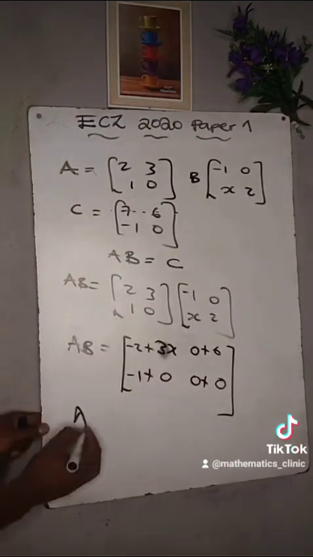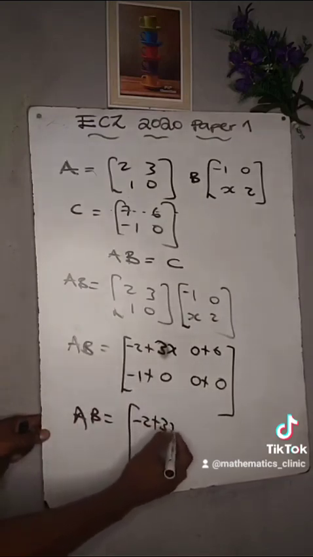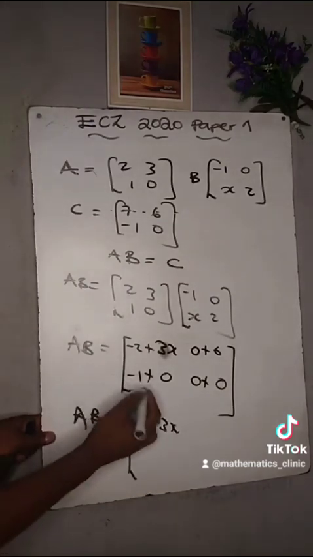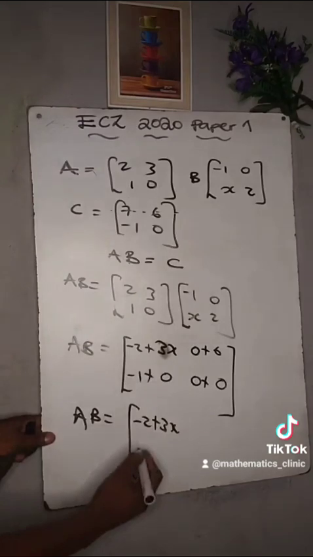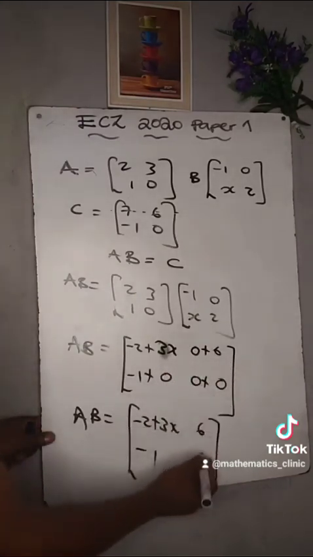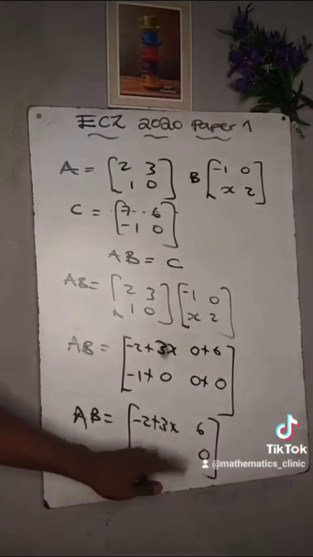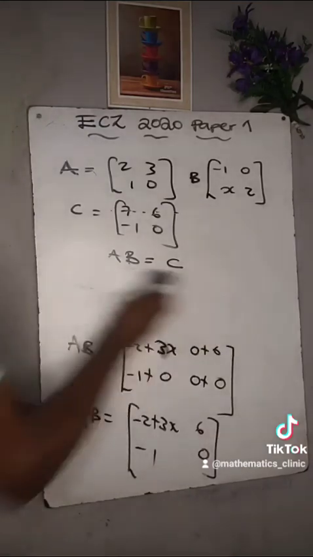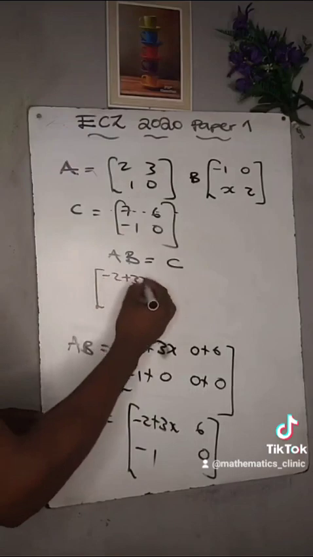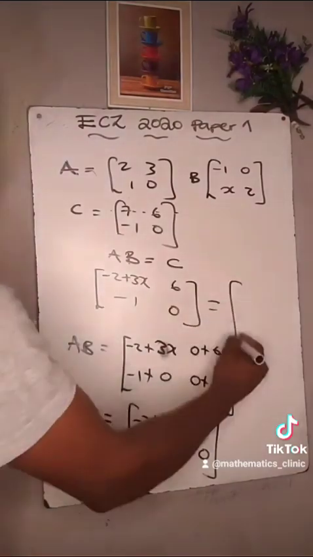So now our AB is equal to -2 plus 3x. We can't add this because we have a variable. Then -1 times -1 plus 0 is -1. Then 0 plus 6 is 6. Then 0 plus 0 is 0. So now we know our product AB, and we equate it: -2 plus 3x, -1, 6, 0 is equal to